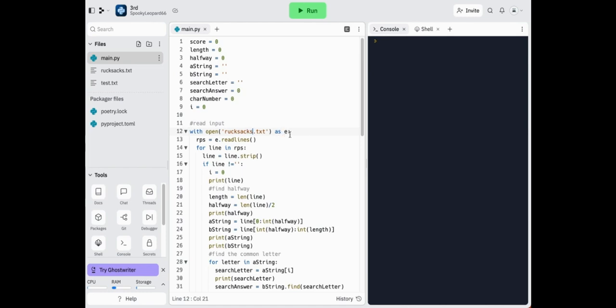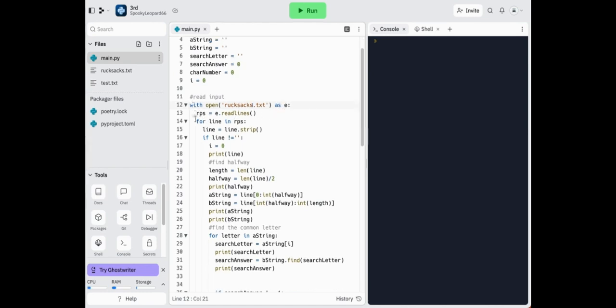So open it as E, that's all fine. RPS here, this variable doesn't matter as long as you change it for here and here. For example, this is still the same from the last challenge, rock, paper, scissors, RPS, but you can change this to rucksacks, as long as you change it here. This is the only time it is referred to. For line in RPS,